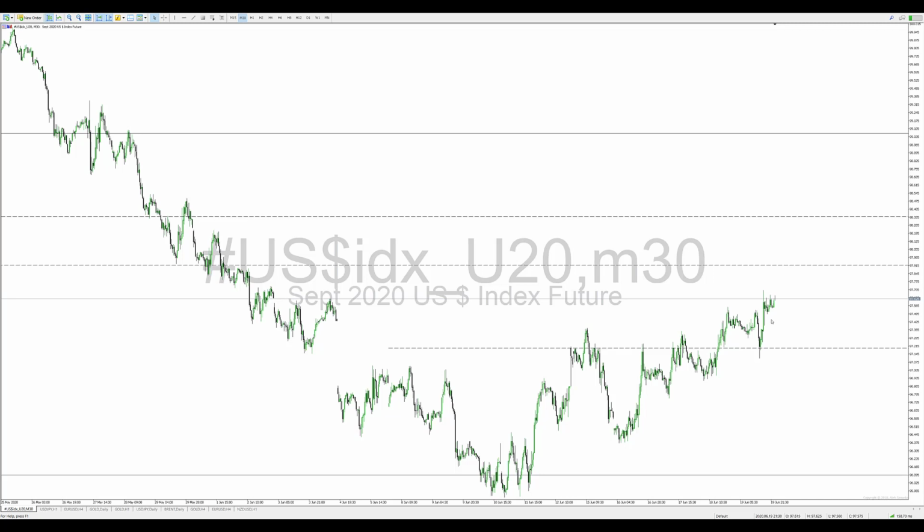So if we do get a rejection to the downside, can you see the 97.20? That is why I have said it's a good opportunity for you to trade to the upside. You can clearly see here the price action that we are heading to the upside. So yeah, that's pretty much about it when it comes to